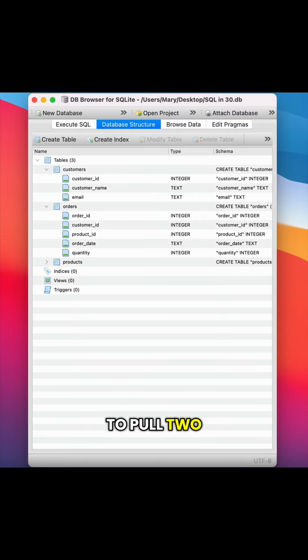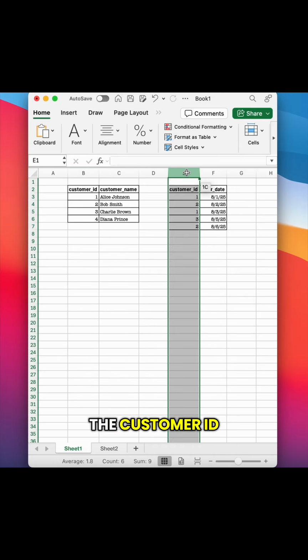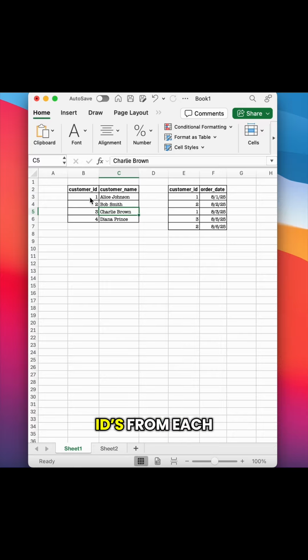So if I were to pull two different lists that both include the customer ID, I could match up the customer IDs from each table and say, okay, customer ID 1 belongs to Alice Johnson. So then I can match Alice Johnson to each row that has customer ID 1 over here. And then I could do the same thing for Bob Smith and say customer ID 2 belongs to Bob Smith,